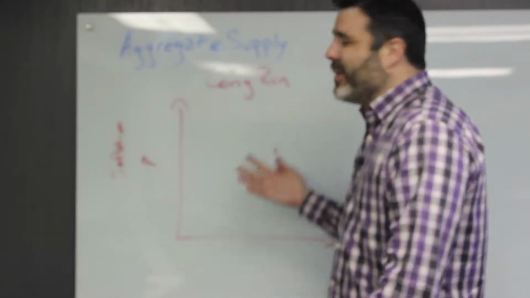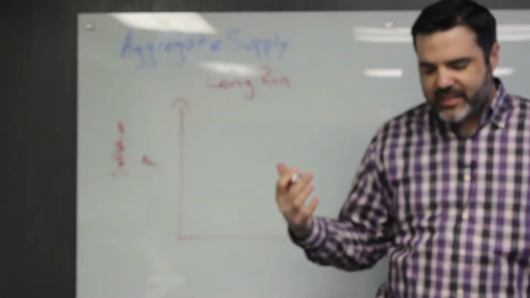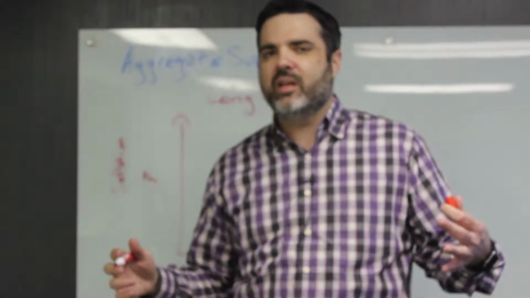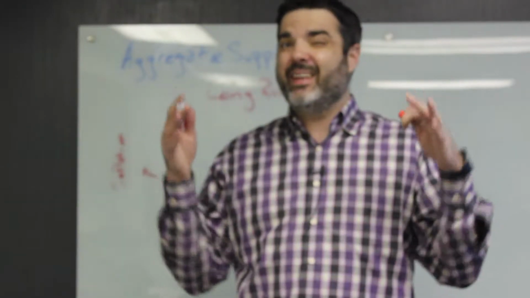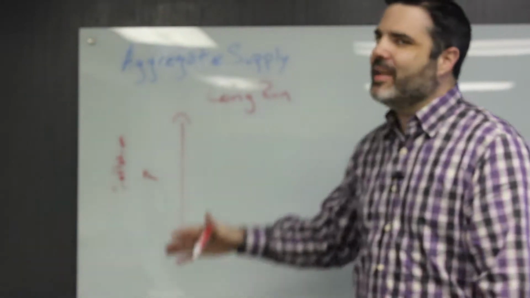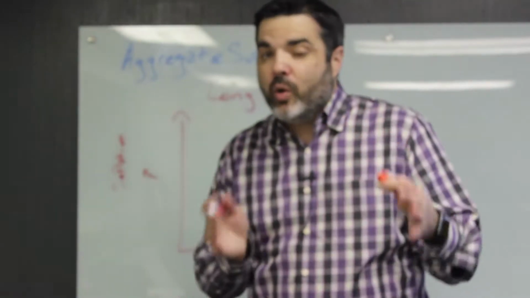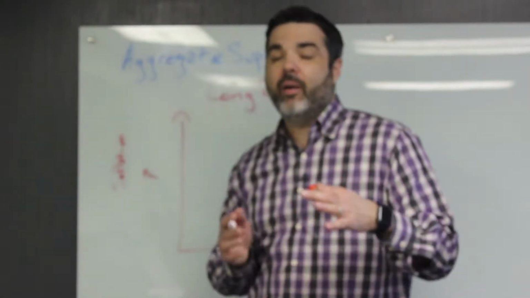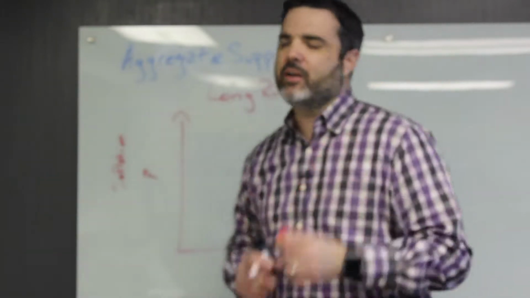So now we want to talk about a supply curve. First, we want to talk about the long run. In all these things that matter, we're going to end up talking about the short run, because the short run is really the only thing that we can control. So I want to start with the long run, and then the immediate short run, and then the short run, because in the long run and the immediate short run, we really don't have much control. But in the short run, there are some things that the government can do, and those are the things that matter. So first, let's start with the long run.